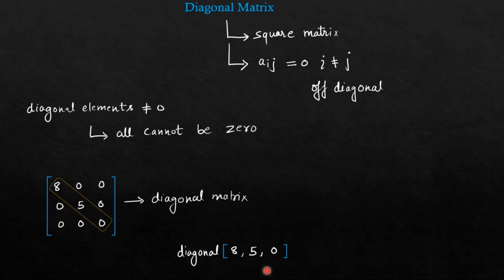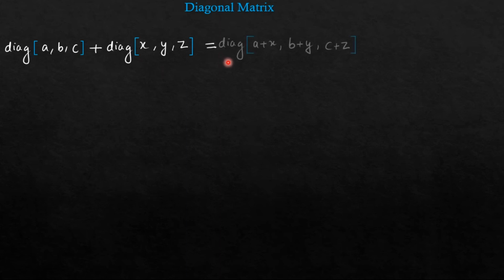What are those properties? The first is you can add any two diagonal matrices. Let us say we have one matrix diag(A, B, C) plus a second matrix diag(X, Y, Z). These are the respective diagonal elements and the rest of the elements are 0. Then the addition of these two will result in another diagonal matrix, that is diag(A plus X, B plus Y, C plus Z), which is the sum of the diagonal elements. That is, you can directly add any diagonal matrices. Now this is not that interesting a property because even in a non-diagonal matrix, the corresponding elements will be directly added. So this is nothing new.